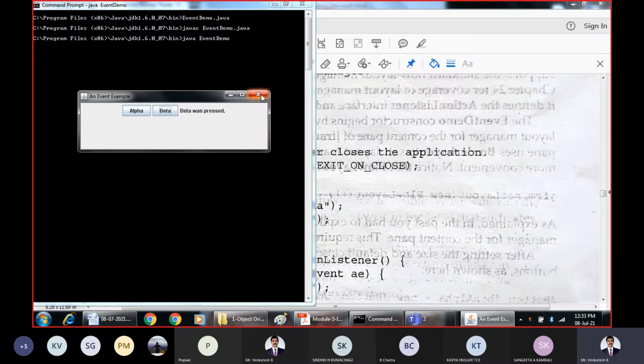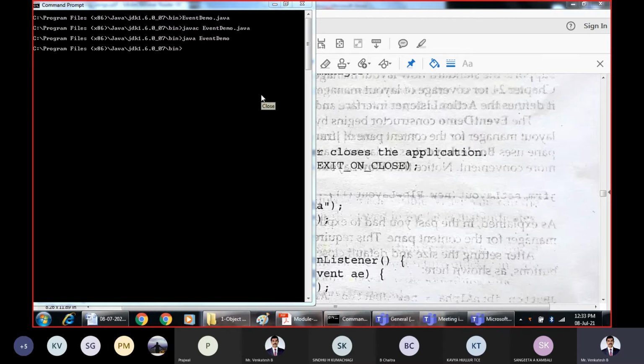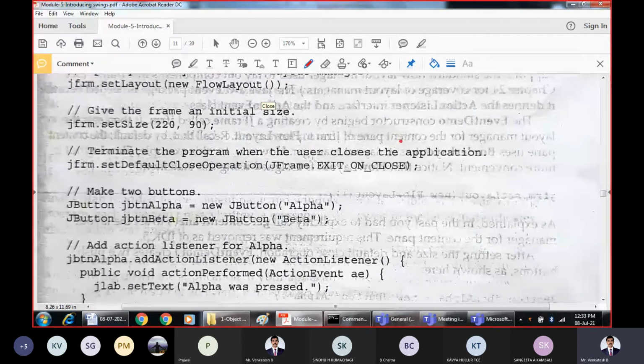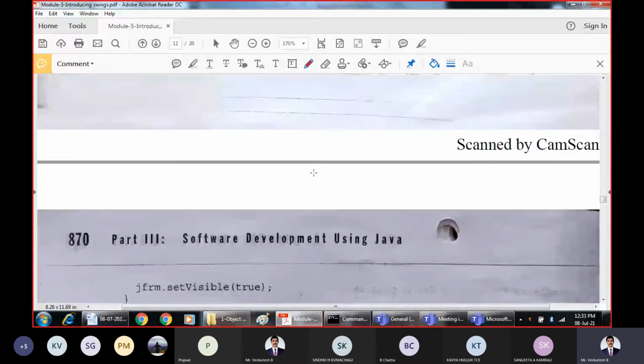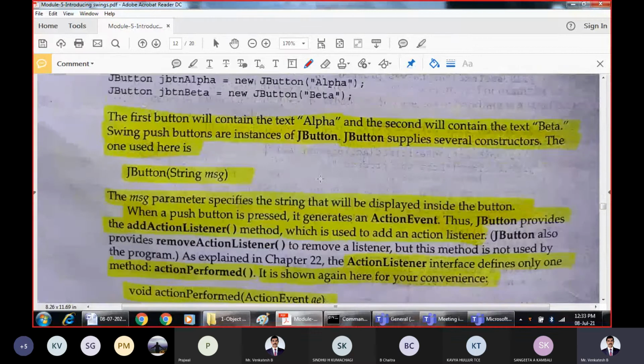And whenever you click on close, the execution of the application should stop. I have clicked on the close button, so by default the execution is terminated. So this was an example for handling the event.